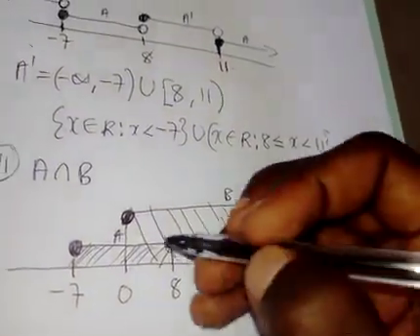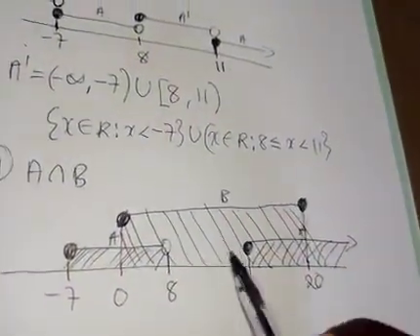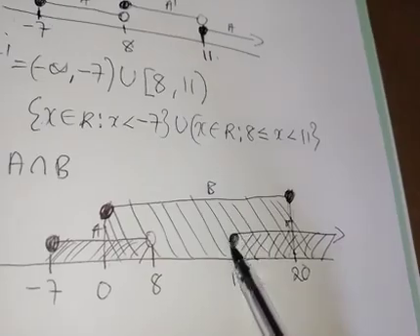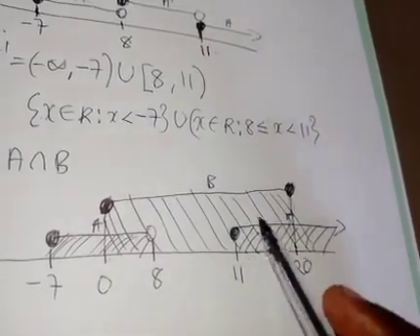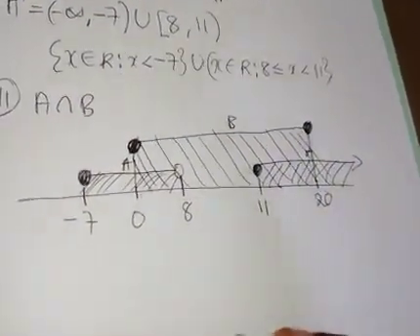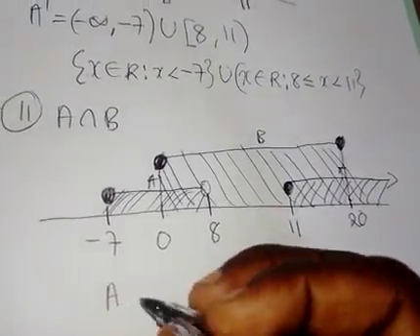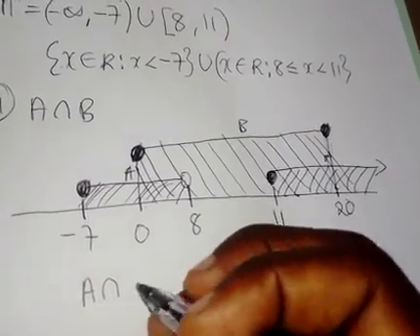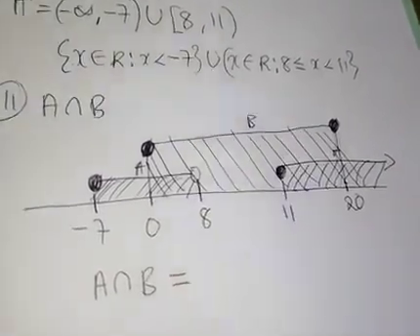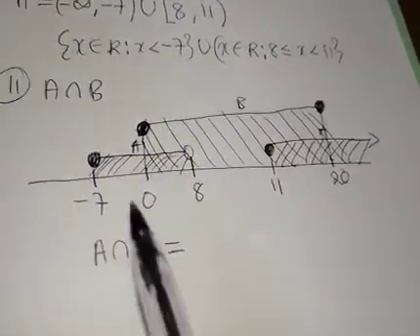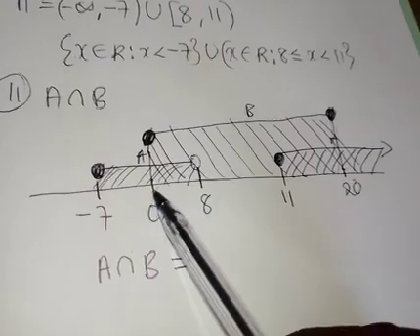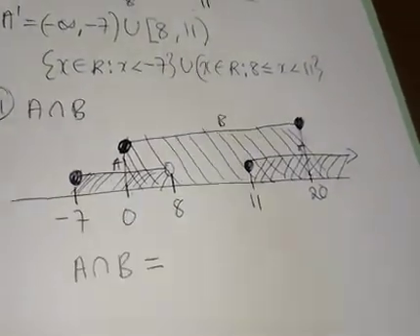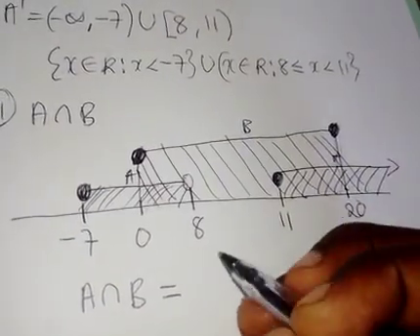Then check where the lines are. The lines are crossing each other. So that region and that region, the lines are crossing each other. So that's the intersection. Therefore, you can say A intersect B will be equal to, so it's from 0 to 8, 0 to 8 there, okay. So it will be from 0,